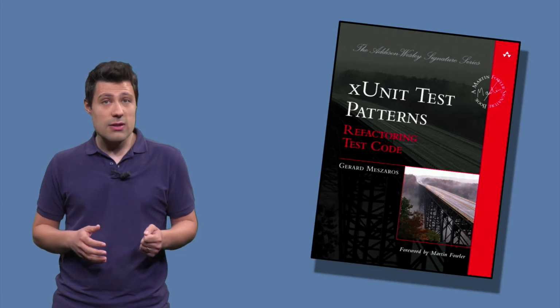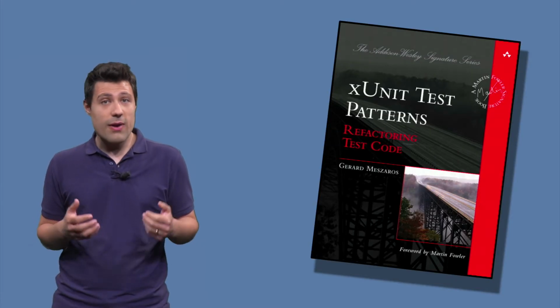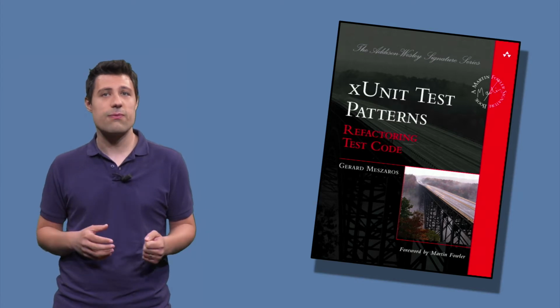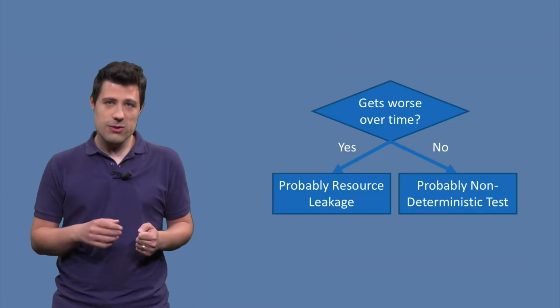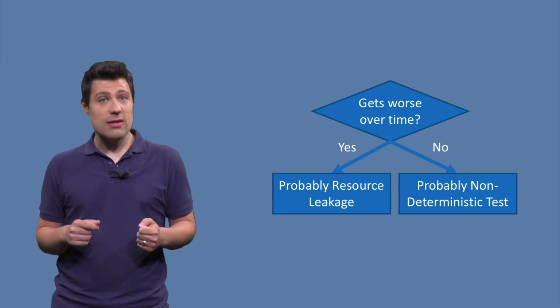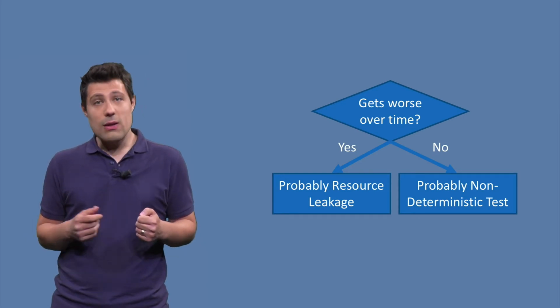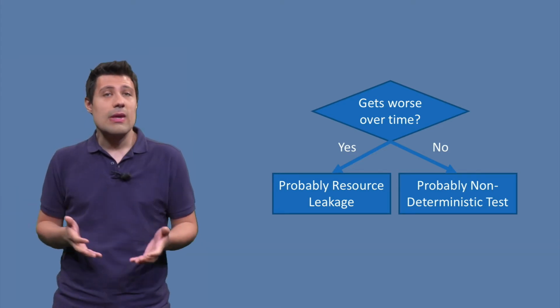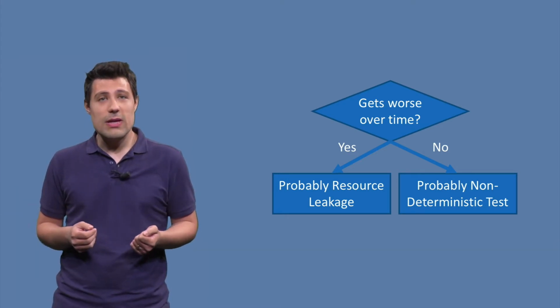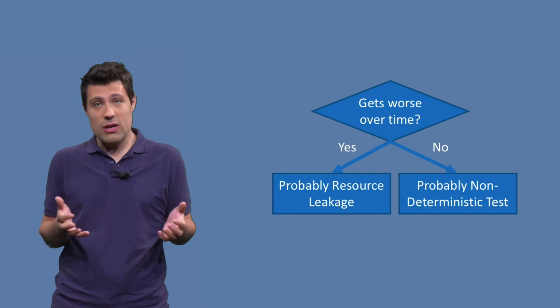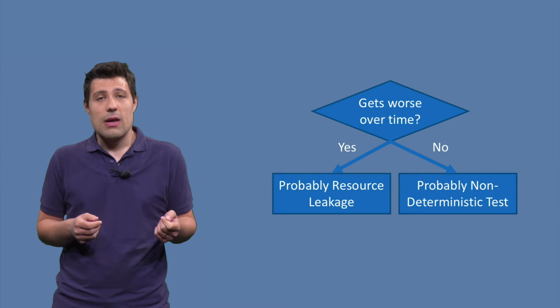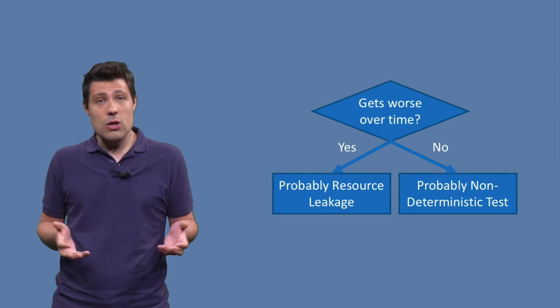In the xUnit Test Patterns book, the author provides us with a huge decision table to understand and tackle the cause of a flaky test. For example, does the flaky test get worse over time? Getting worse in terms of speed, the test gets slower and slower and slower. If that is true, this means that you probably have a resource leakage that makes the test become slower over time. And if this is not true, you probably have a